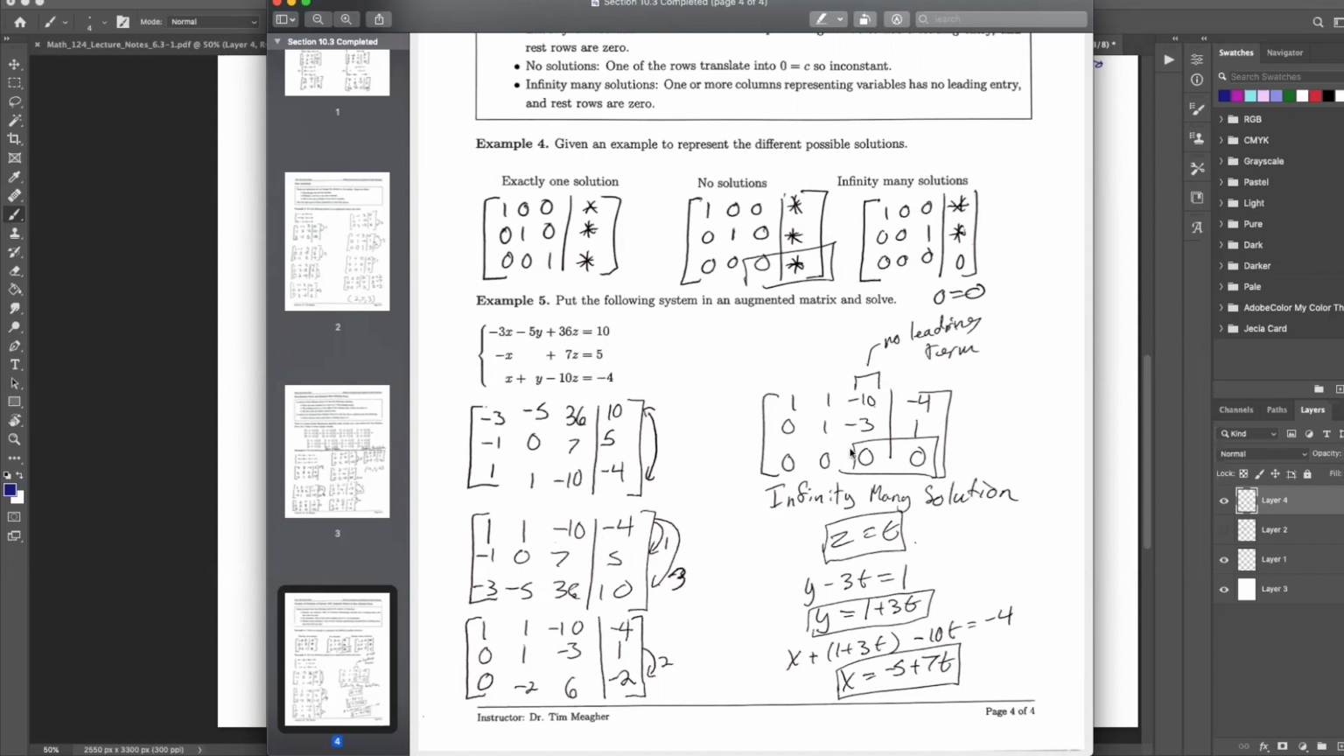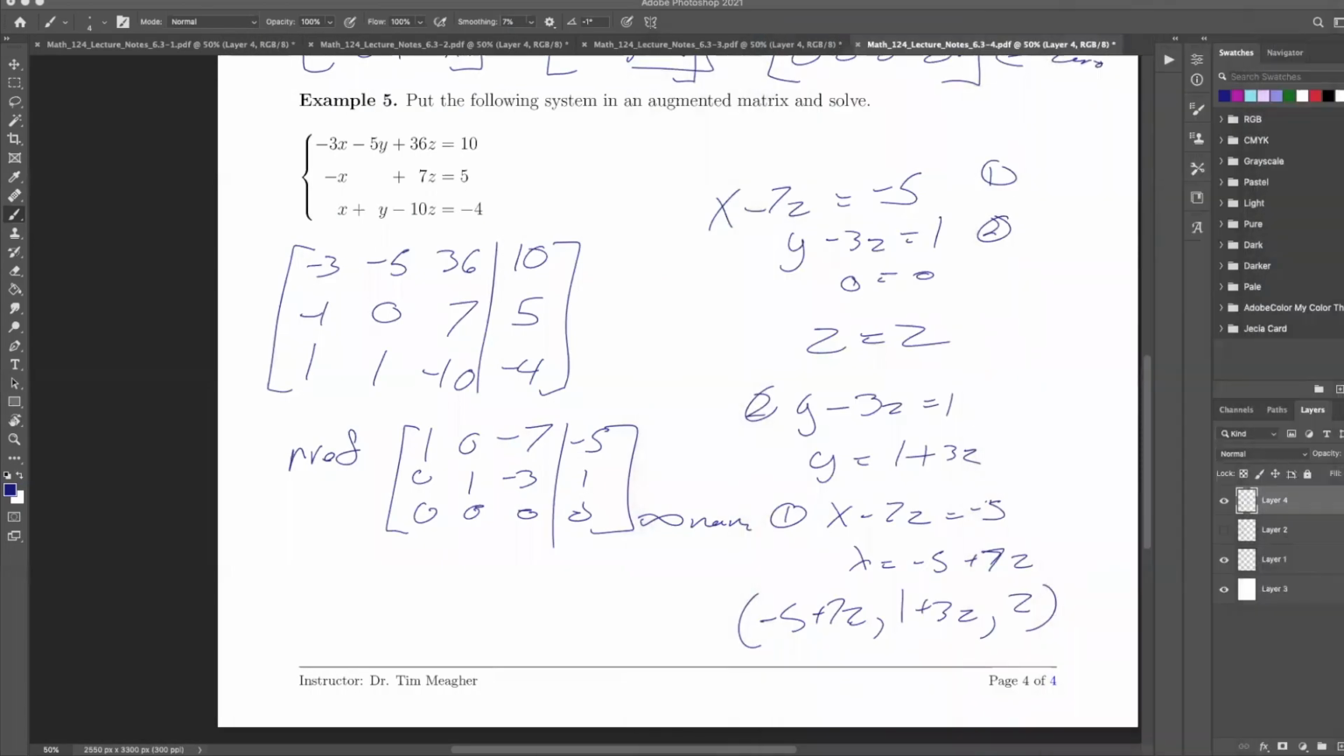So this is if you want to do it by hand. It's perfectly fine to do it in the calculator for now. All right, with all that being said,